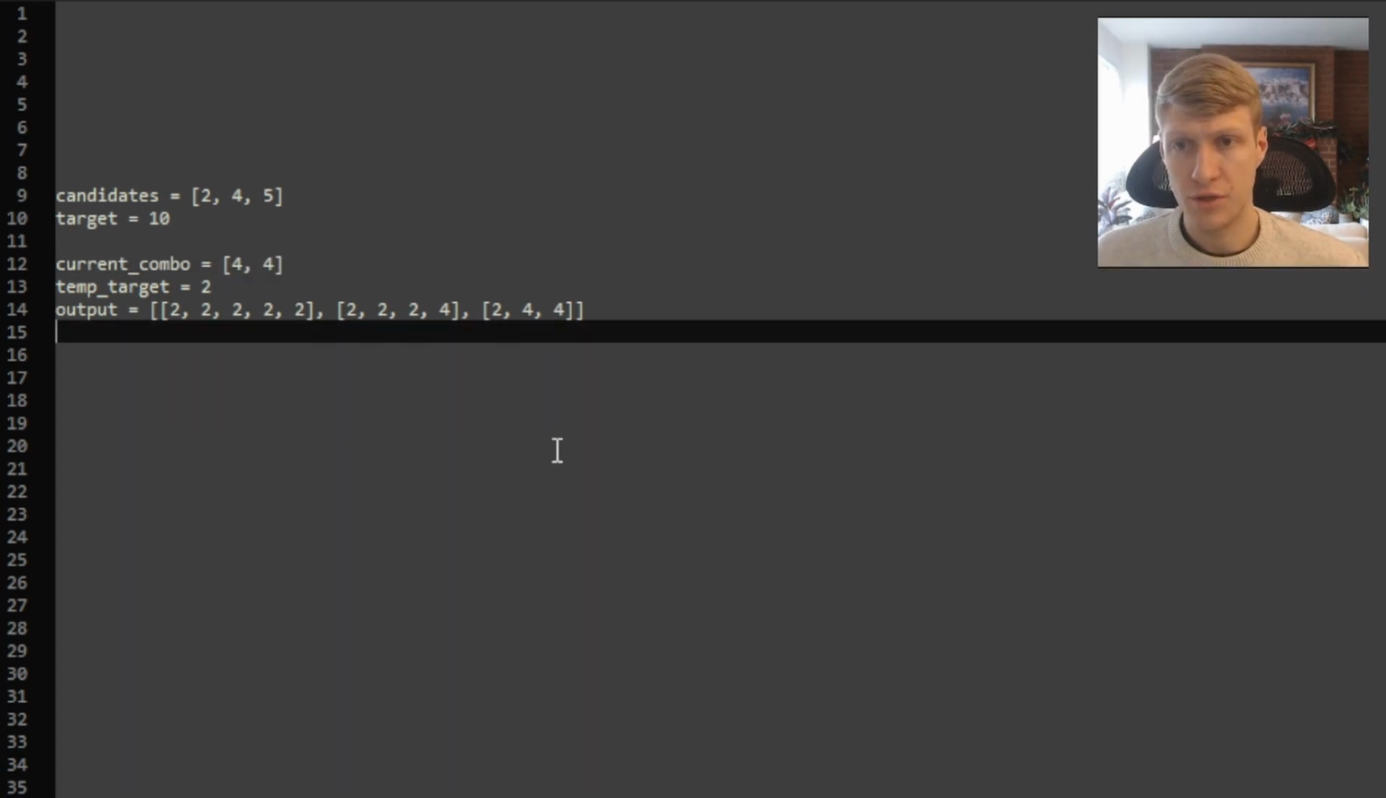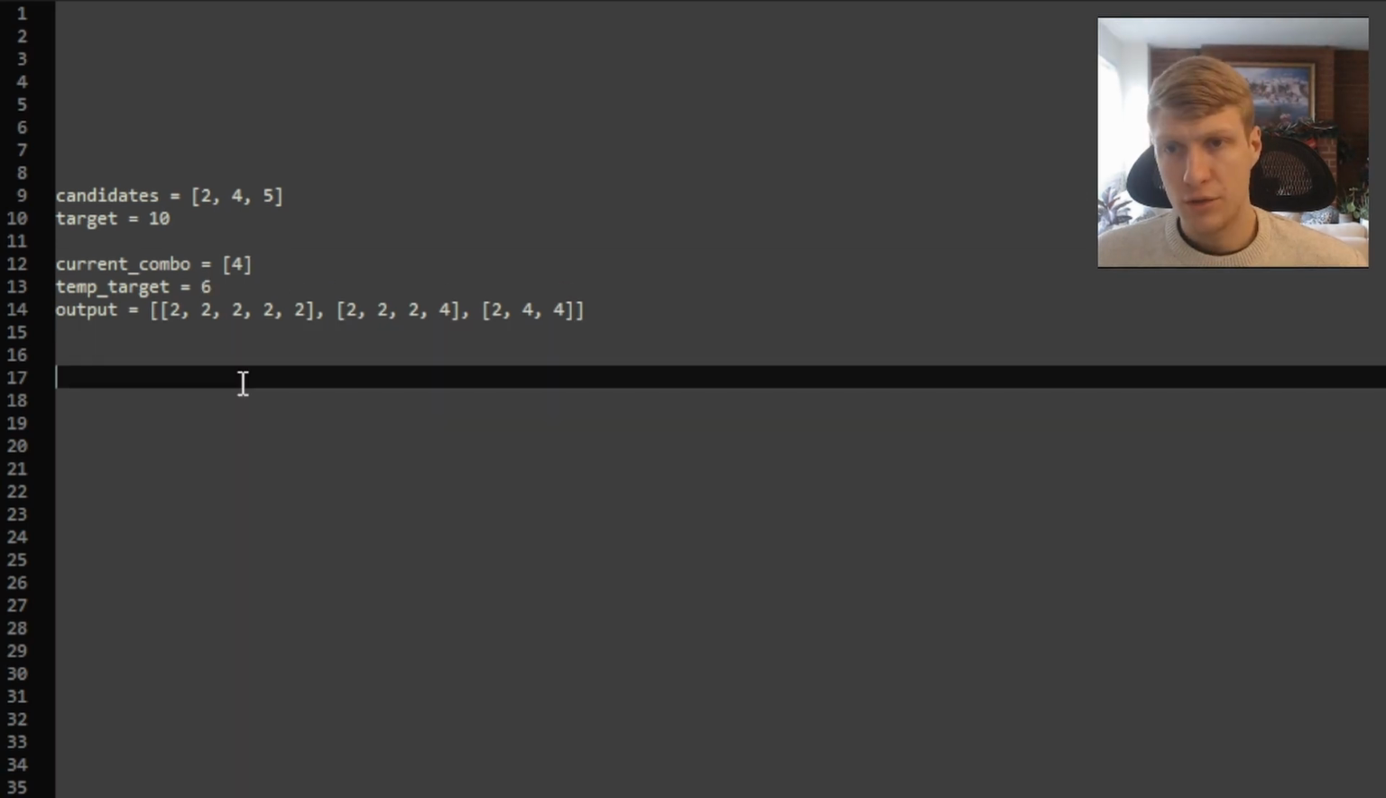Now our temp target is less than our current candidate and not equal to 0, so it's not a valid combination, and we'll have to backtrack. So now we can try adding 5 into our current combination, and same thing happens here. Our temp target is less than our current candidate but not equal to 0, so invalid combo, and we can't add any more candidates. So we'll backtrack again, and we've exhausted all combinations with 4 as our starter, so we'll backtrack to add